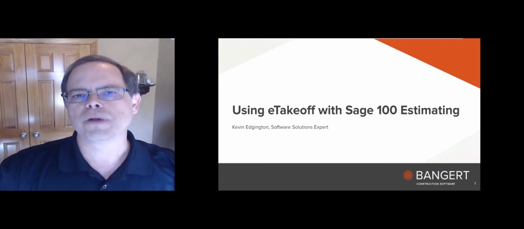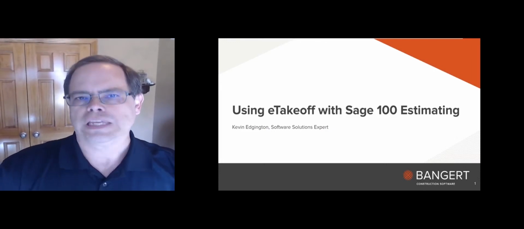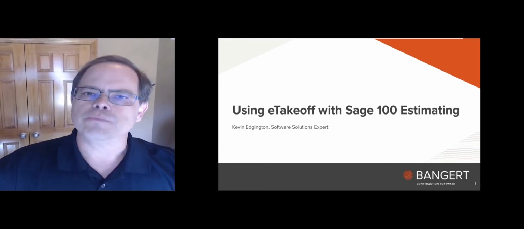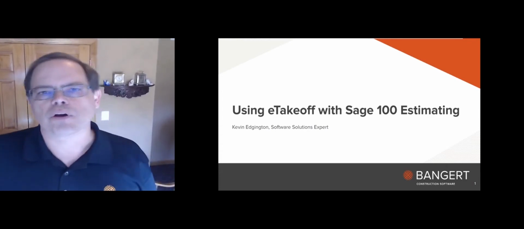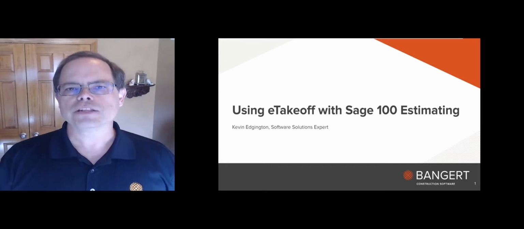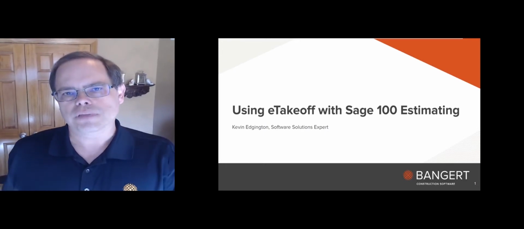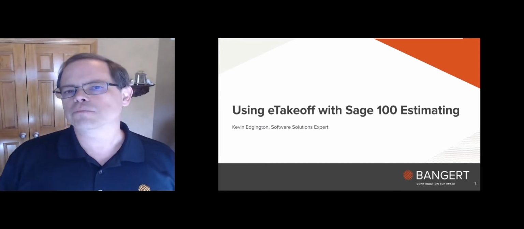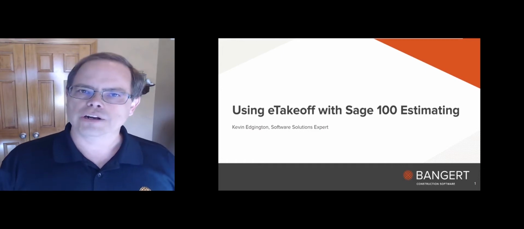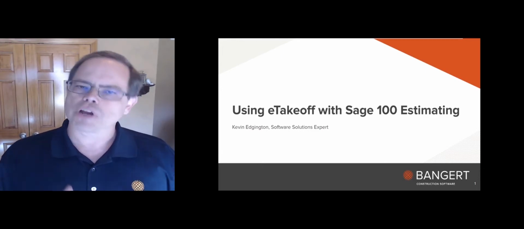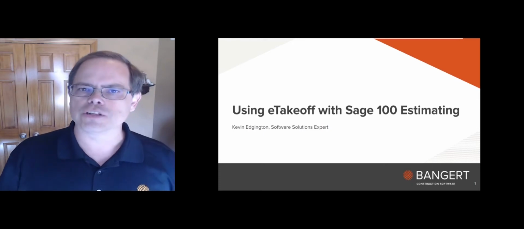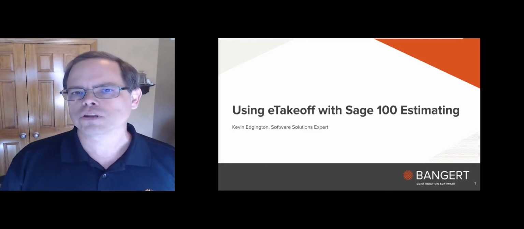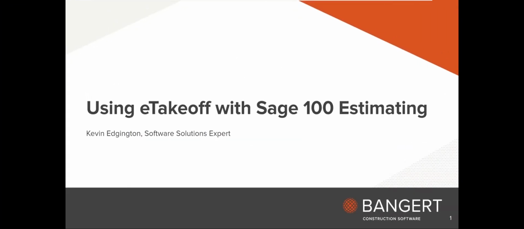And today we're going to talk about the Sage 100 and interfacing it with the eTakeoff product. So in previous sessions with the eTakeoff product and the Sage 100, we've actually taken information from eTakeoff as far as linear footages and brought it back into our Sage 100 estimate. So we've talked about setting up a project, doing some linear footages. So in this session, I'm going to just focus on just doing square footages and areas and so forth.